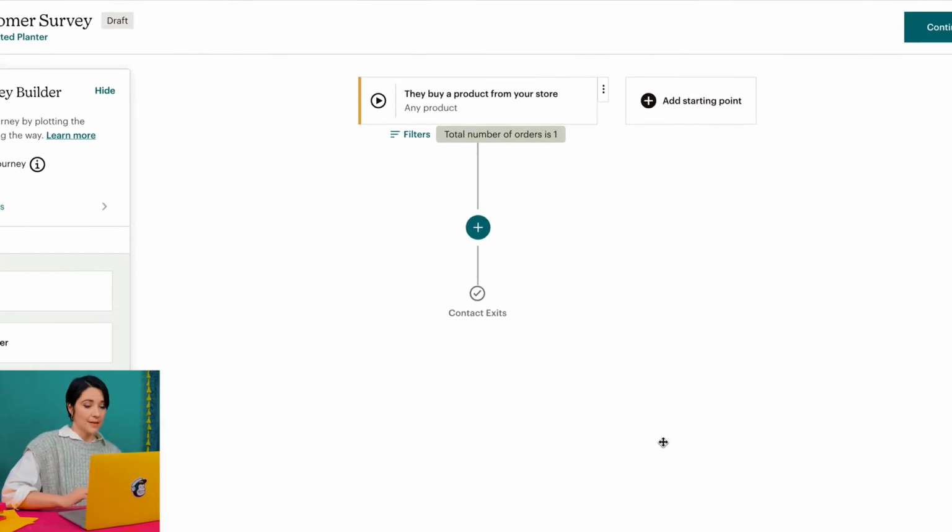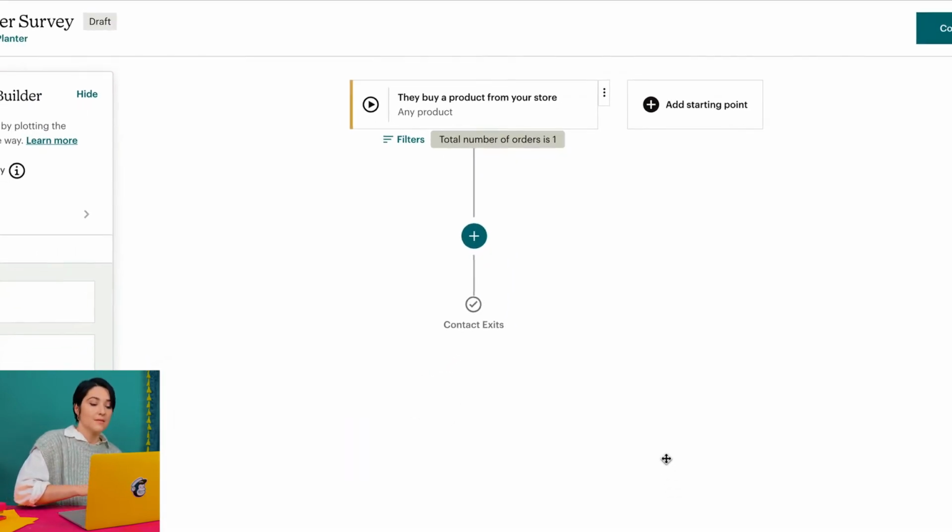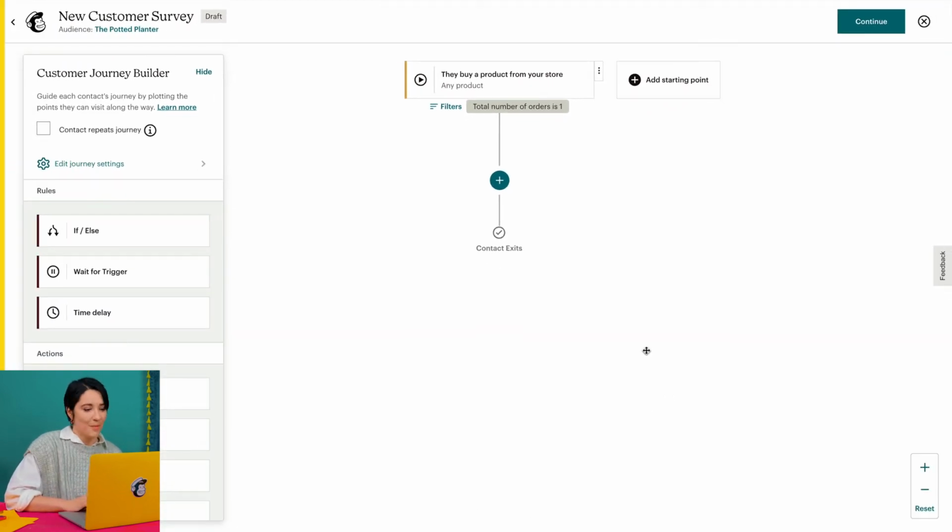Cool, well now I can see the Customer Journey Builder screen with the starting point and filter that I created. The filter is shown in gray below the starting point. Whenever a contact meets the starting point conditions, they'll be added to the journey map. Keep in mind that you can also adjust the filters of the starting point based on what you want your customer journey to accomplish. For example, you could build another customer journey map that triggers after a customer makes their 5th purchase by setting the filter to total number of orders is 5. For now, we'll continue to the next step, which is adding an email with the survey that we created in part 1.